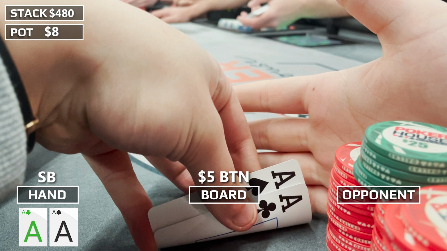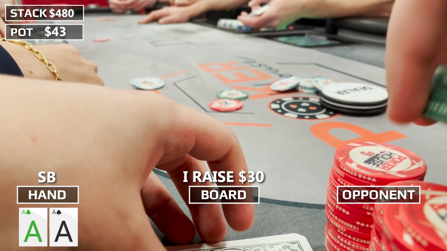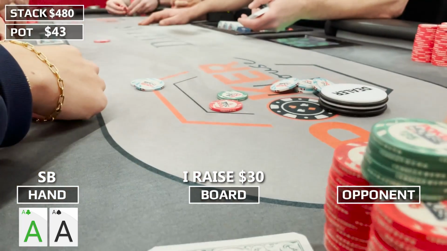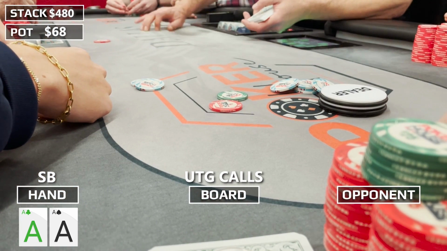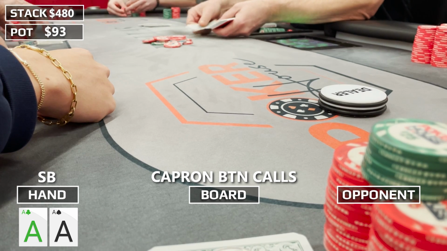There's a $5 straddle on the button and the under the gun player limps. The action folds to me and I raise it up to $30. As I would expect, the under the gun player calls and my buddy Funky Poker on the button puts in the call as well. So we're going to go three ways out of position to both players to a flop,